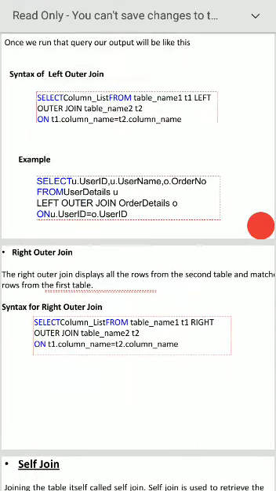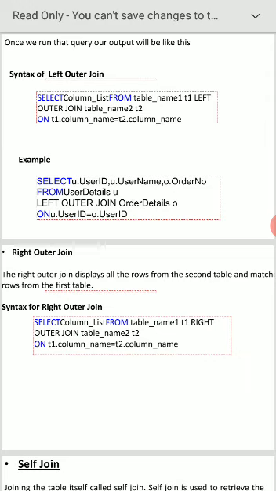Another is full outer join, which displays all the matching and non-matching rows of both the tables.